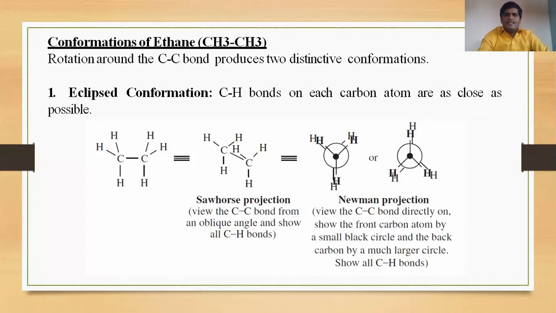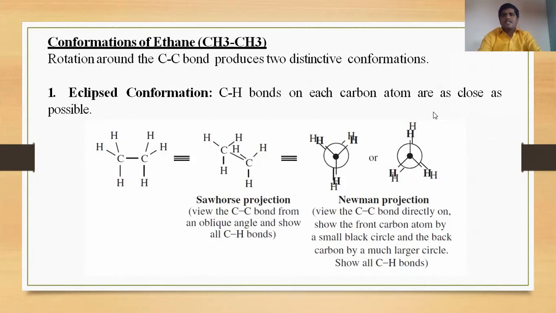Okay, and this is the eclipse conformation. You can represent here also hydrogen, and here hydrogen, in the upward direction we will write. So that conformation is called the eclipse conformation. Understood? What is the concept regarding the eclipse conformation? Front hydrogen atoms are closer to the backward hydrogen atoms present on the backward carbon atom, and that closeness of the hydrogens generates one specific conformation that is called the eclipse conformation.